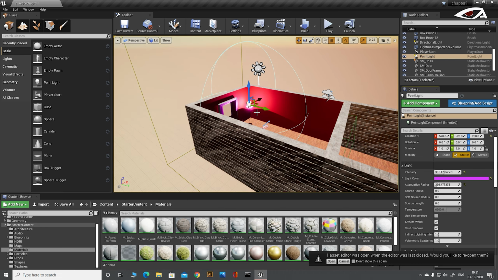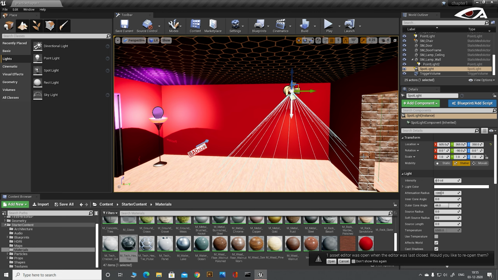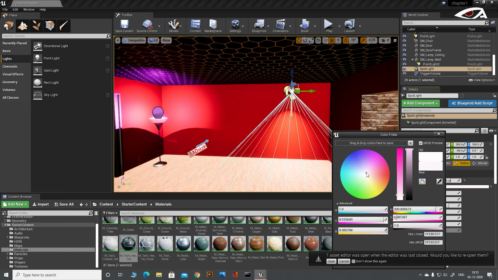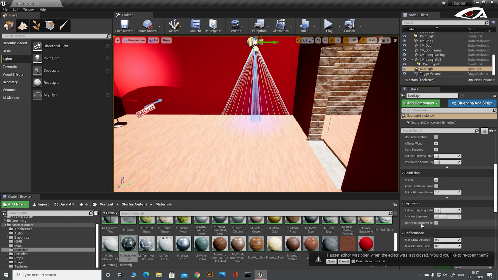Now let's go with the second light, spotlight. Simple, go to the lights and drag and drop the spotlight into the screen. So it is a light from a single point towards a conical shape with a direction. Spotlight has additional properties such as inner cone and outer cone angle. Angle will be measured in degrees. So it will increase the light area, so it would be more visible for lights with a wider spread area. With a certain profile. So here as you scroll down, you can see an IES light profile.